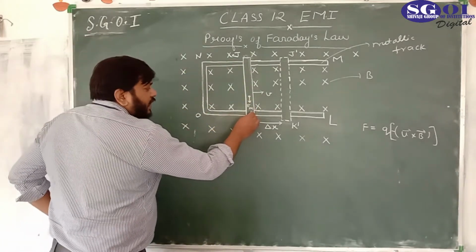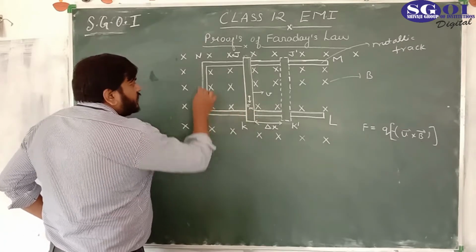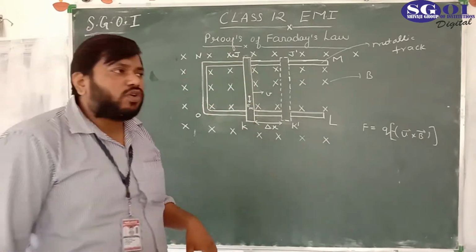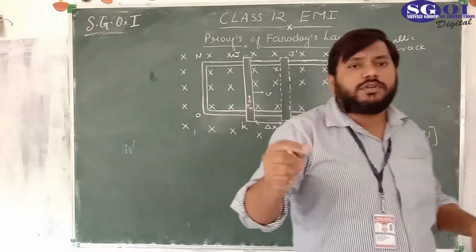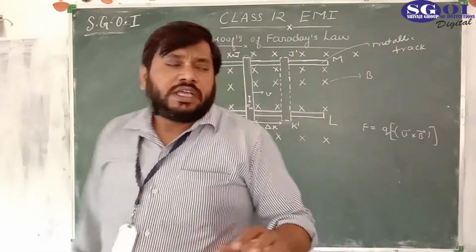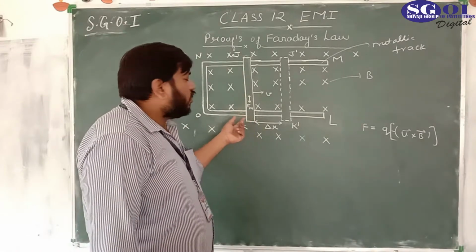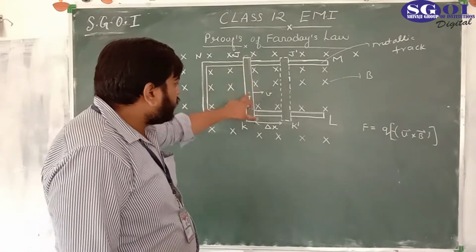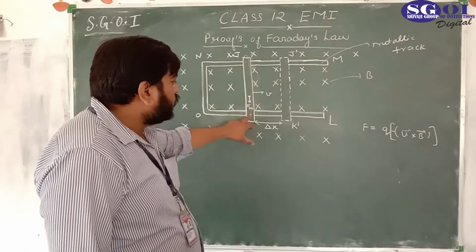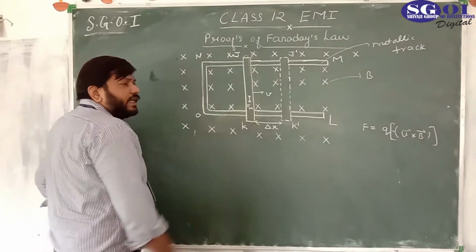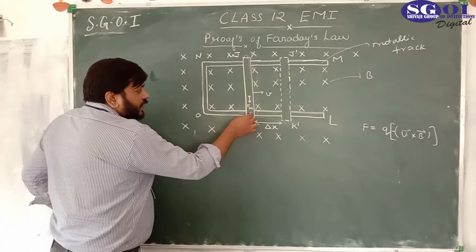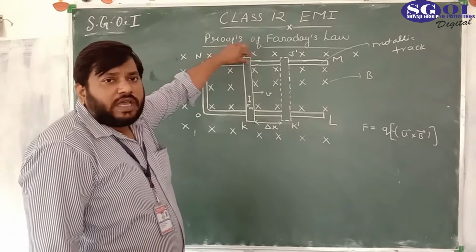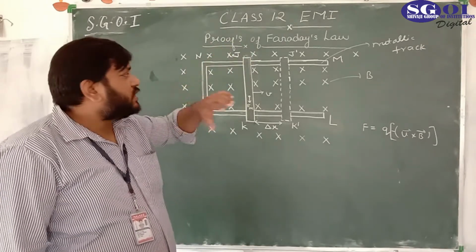But as this metallic rod is touched with this metallic track, there is a path for the electron. In the previous video lecture where we proved that V equal to B l v sin theta, there was no path for the electron to move in a closed path, but here there is a path. So electrons will move from J end to K end, they would not accumulate here because there is a path in between, so that we can say the deficiency of the electron